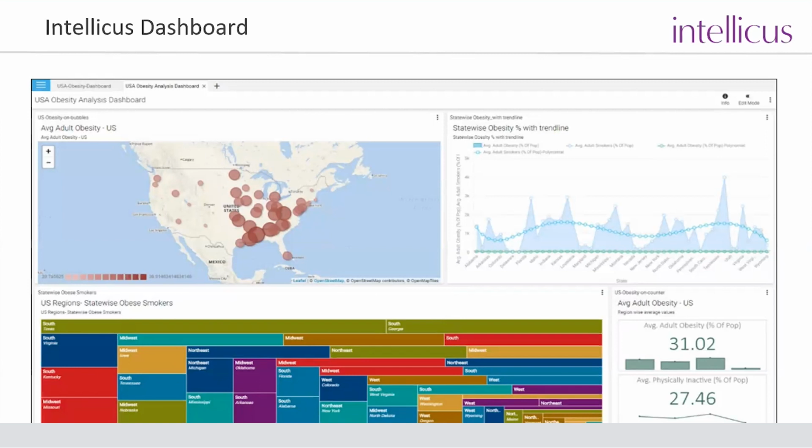So you can see a user can analyze USA obesity data, for example in which region the average adult obesity is, using the map control of a smart report. Then we can see the trend of state-wise obesity in terms of percentage, so that we can analyze it in a single widget. Then we have different US regions, state-wise, and average adult obesity in terms of the counter chart. By this, we are able to analyze all the aspects at a single glance